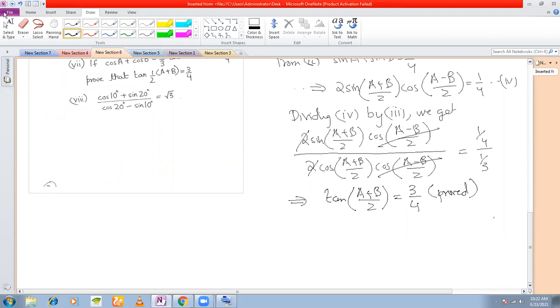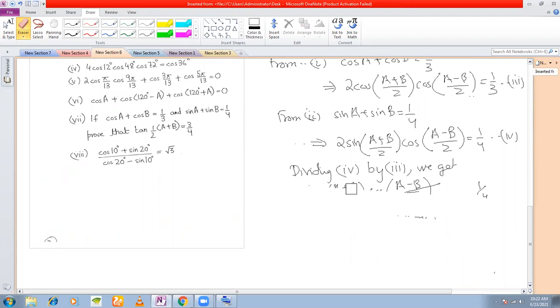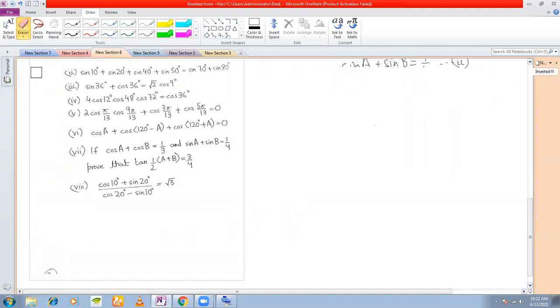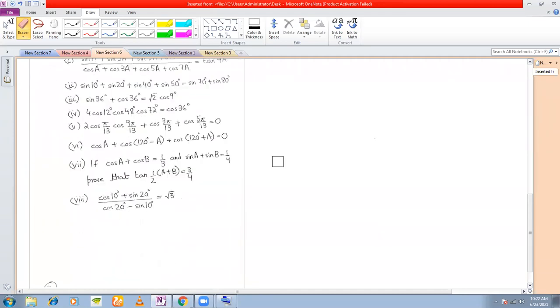Okay, that's finished. Any question here? No, sir. Last problem from compound angle. Compound angle is over. Now, what chapter should I start next? Should I start progressions or should I start straight lines? AP GP. GP in class 10 you haven't done because it was removed from the syllabus. I think AP GP should be a good idea.